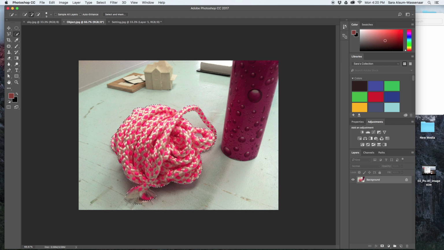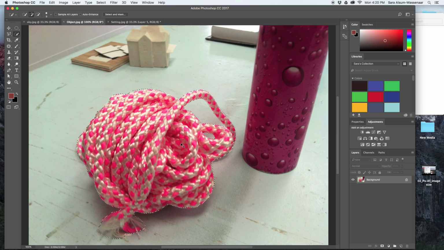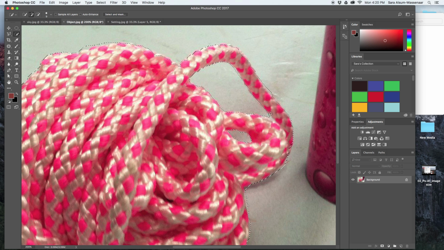Because we can always remember how I showed you with the water bottle. You can always erase a little bit extra, but you can't ever bring back something. That's the disadvantage of the crop and paste method, or copy and paste method, is that you can't get back the pixels that you deleted. So you want to make sure you at least have everything you want, and you can always erase a little bit later. Okay. So once I've got that, I might want to Command plus, kind of zoom in,